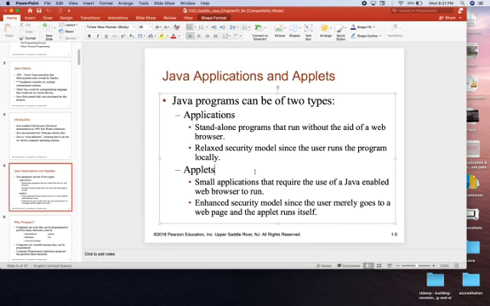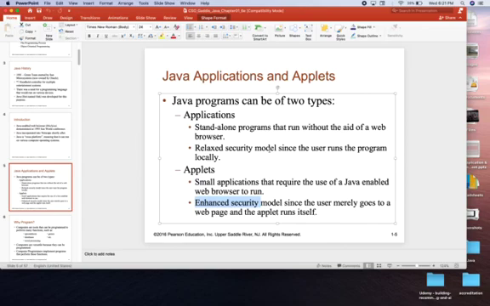As the applets, as against the applications, you would agree that whilst the applications have a relaxed security, the security features in the applets are much more enhanced. They are improved. They are increased because the application is now supposed to run online. You do not know the people who are going to have access to it, and the intentions for which they would want to use the application. So definitely, you will need to have improved the security features.